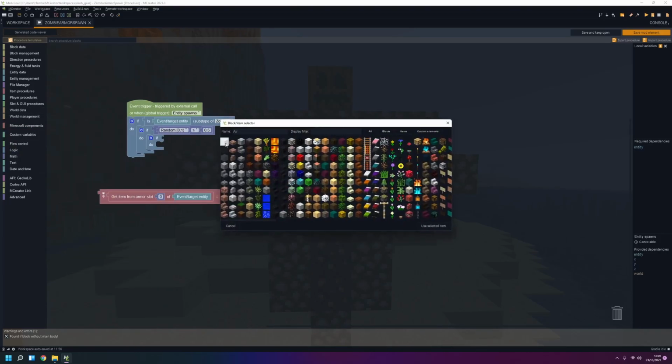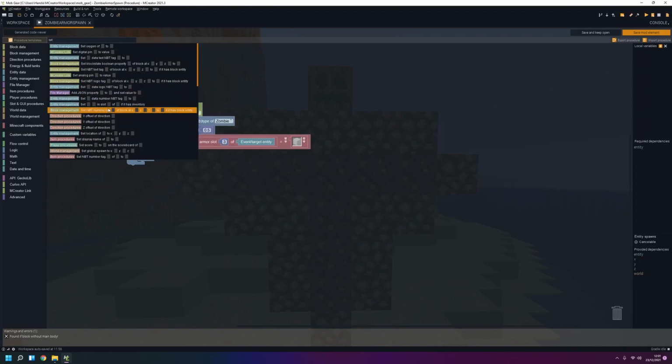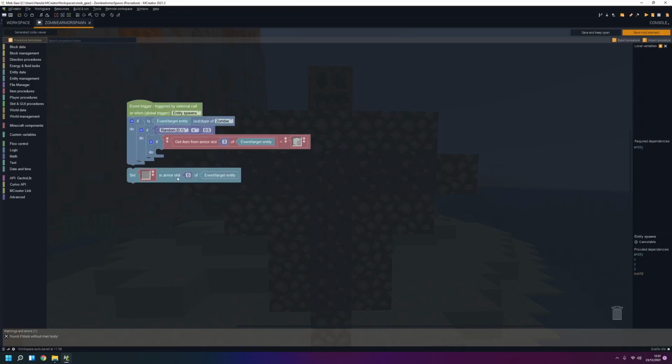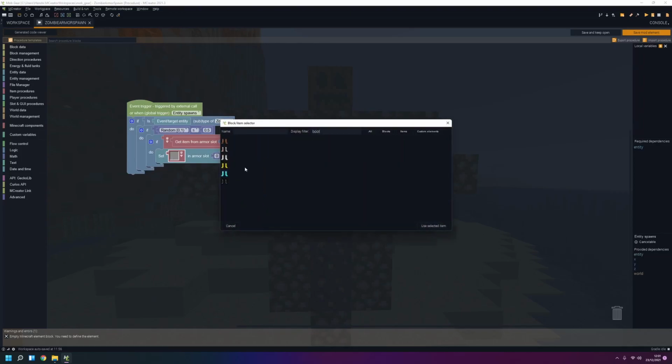And I'm gonna put this here, so if there's nothing inside of it, then it will do something. So 0 is boots, so I'm gonna start with 3, and then set armor, and then if there's nothing inside, I'm gonna set the armor to boots. I'm gonna do helmet first, actually,